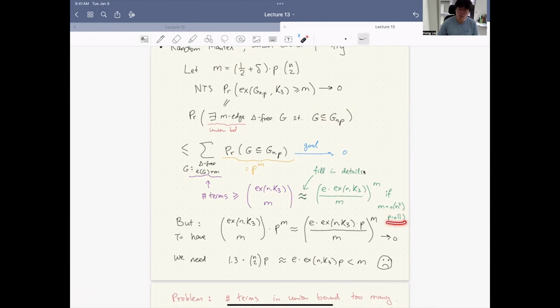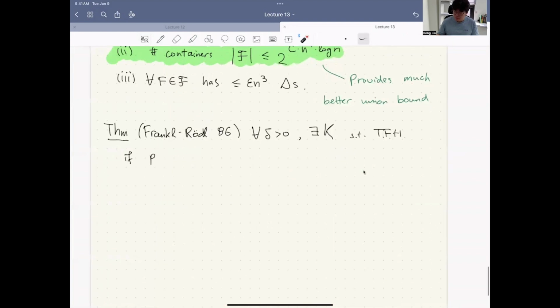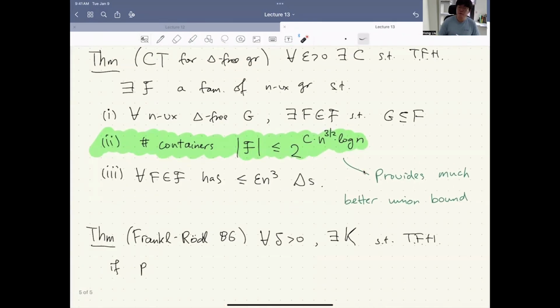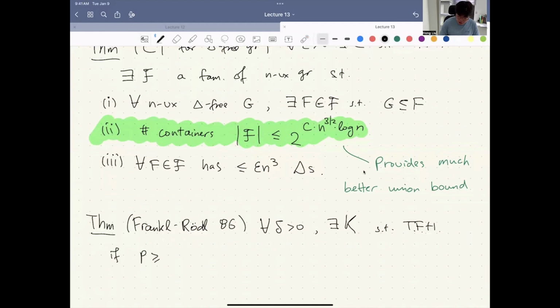As long as p tends to 0 as n goes to infinity, the naive union bound is not working. Using containers, a much better union bound, we can prove it all the way to roughly 1/√n up to a log factor. So when p is larger than a sufficiently large constant K times log n over √n,